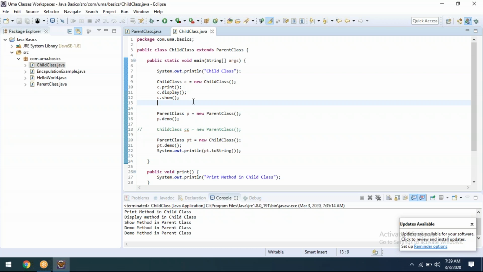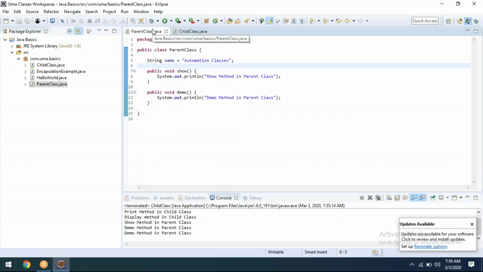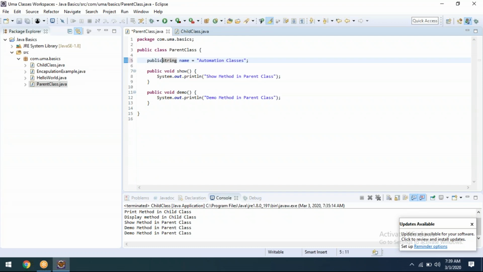Means if the parent class and child class belong to the same package, then if you put public it will come, or if you are not putting anything, that is called default. I'll clearly speak about what you mean by default, what is the scope, what you mean by public, what is the scope. As of now we can say it's public and we are able to get it.